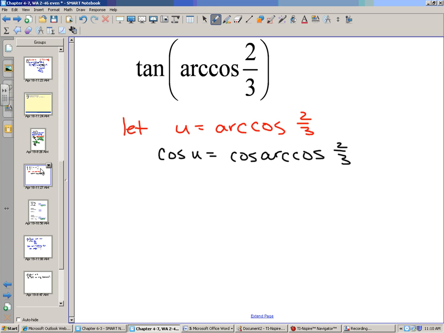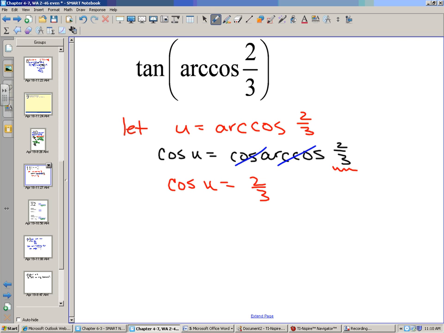Do you see that cosine and arc cosine? At this point, you need to check to make sure that 2/3 is what? Before, we asked if it was in our domain. Now I need to ask, is it in my range? Why do I need to ask if it's in my range? Because I want to cancel cosine and arc cosine out. So is 2/3, which is 0.666, in my range, which is from 0 to pi? Yes, it is. So now I can cancel these out, and I'm left with the cosine of u is equal